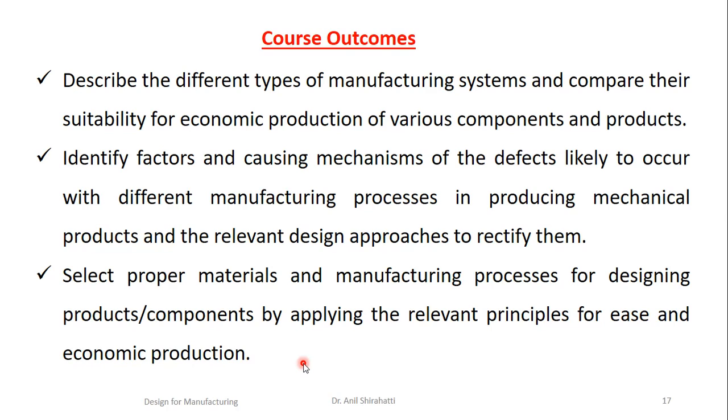For example, if you are making patterns using wood, you can give a tolerance of 1 or 2 mm. But if you are going on CNC, you need around 10 microns to even 1 micron tolerance. If you are going for lapping, it will come in light bands, roughly equal to 1 micron. So all this you will have an idea of once you go through this course.